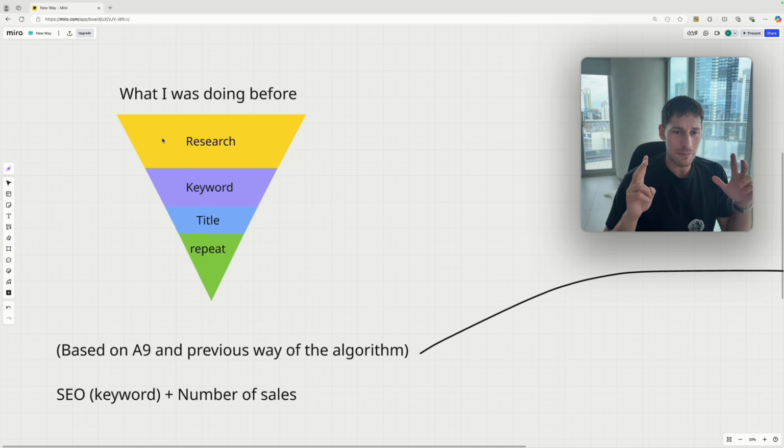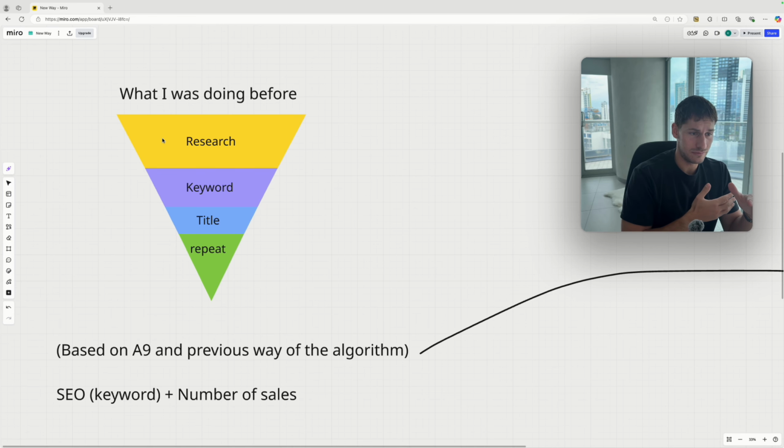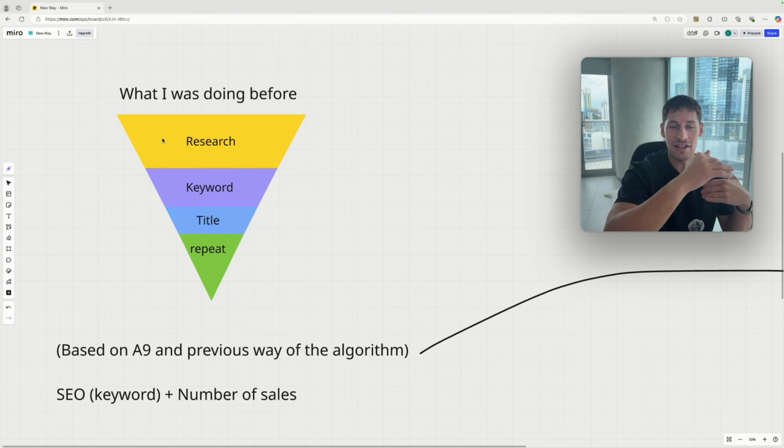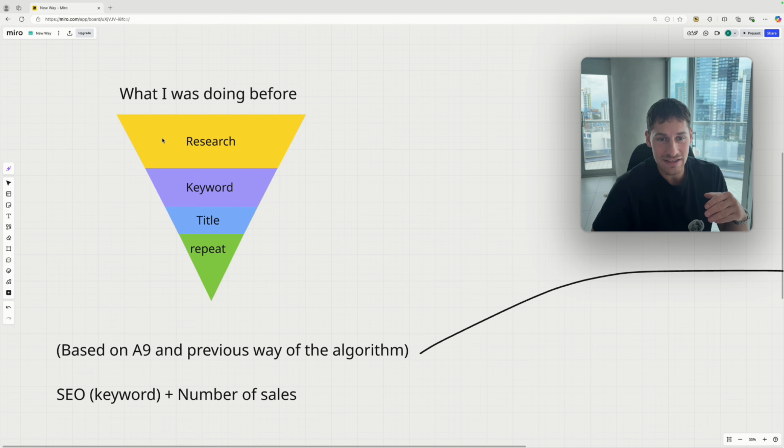Because what's normally the paradigm of the common publisher, what's explained in courses, etc., is that before creating the book, you should do some research and find a profitable keyword for your book. And then this keyword goes in the title, and this way you can rank somehow in the Amazon algorithm. And this is where everybody gets it wrong. The algorithm doesn't work like this anymore. We have a new version of the algorithm in the last couple of years that is slowly developing. It's called the Amazon A10 algorithm, and it works in a very different way.